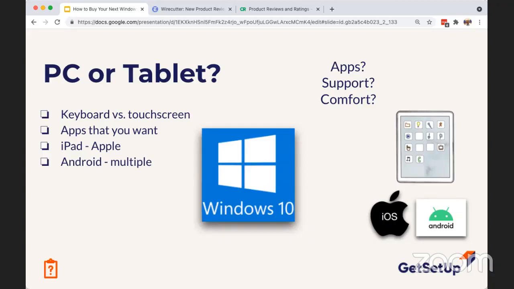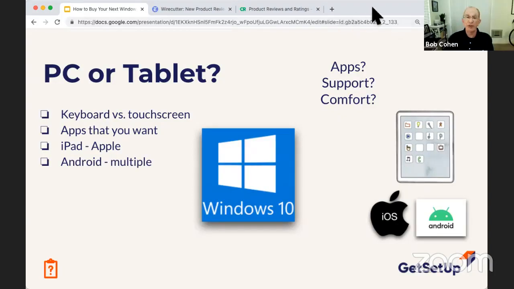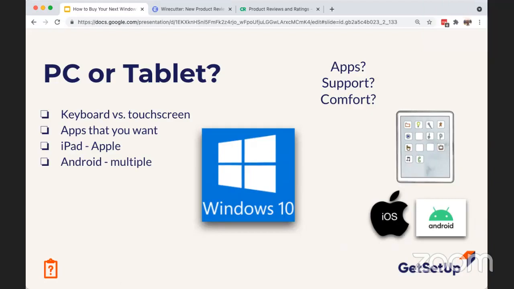So if you have your music and all that, that would be a personal choice really when it comes to tablets, right? Yep, the apps you get for Android are going to be different than the apps you get for iOS. A lot of common apps work on both, but they are very different.